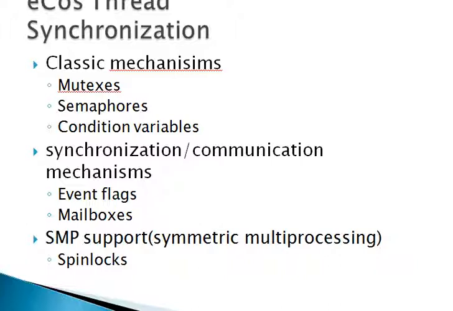The mutex differs from a binary semaphore in two respects. First, the thread that locks the mutex must be the one to unlock it. In contrast, it is possible for one thread to lock a binary semaphore and for another to unlock it. The other difference is that mutex provides protection against priority inversion, whereas the semaphore doesn't.